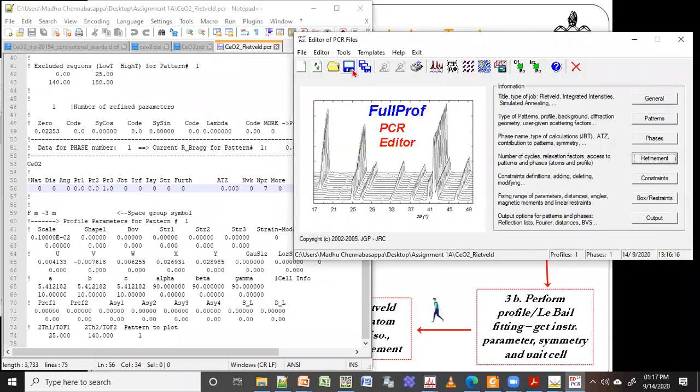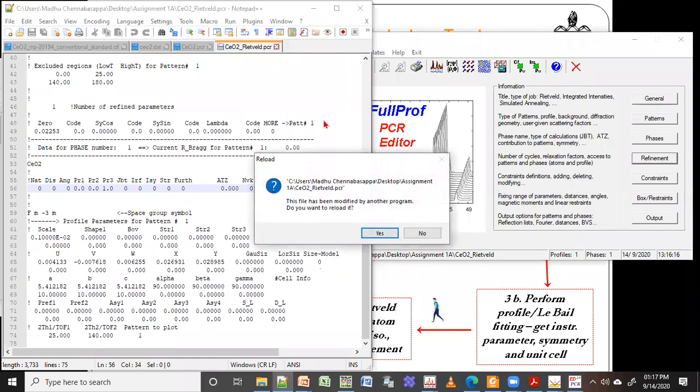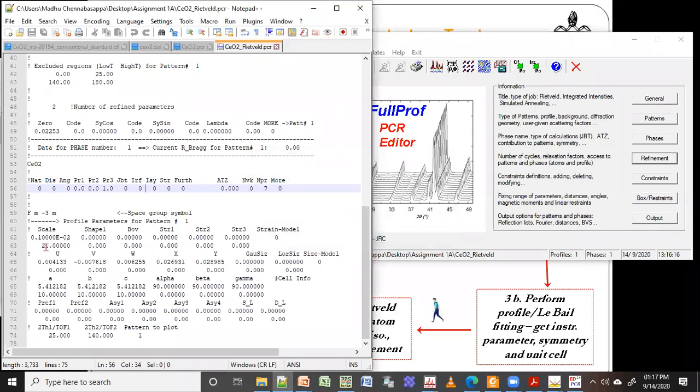Now you can see, just below your Fm-3m, there is something called a scale. This is having 0, but once I update that file, you can see it is changed to 21. That means it's going to refine when the program is running. This is going to be changing.